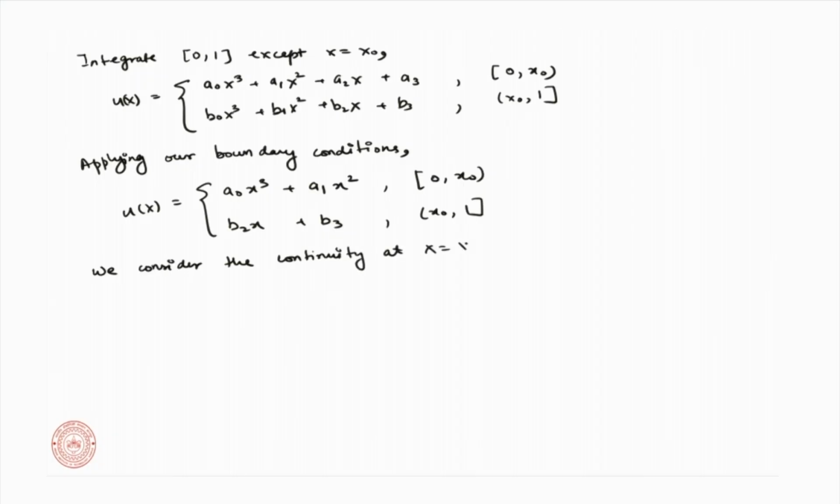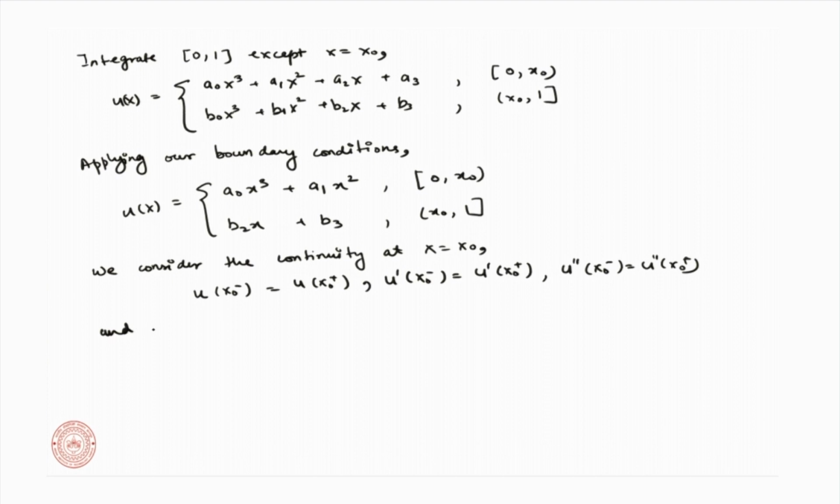At x equals x naught, for continuity you will have u at x naught minus equals u at x naught plus, first order derivative at x naught minus equals first order derivative at x naught plus, second order derivative at x naught minus equals second order derivative at x naught plus, and if we integrate our equation,